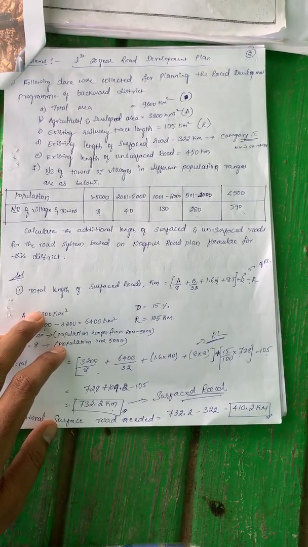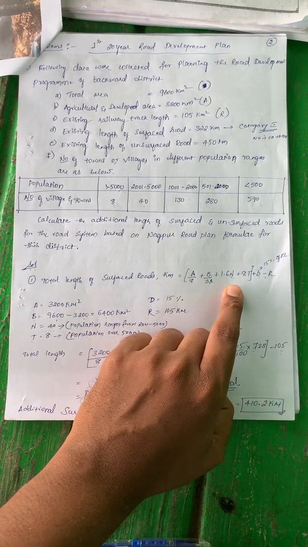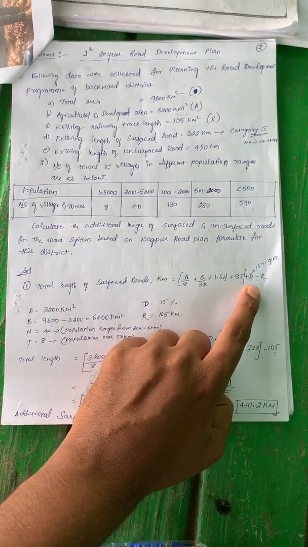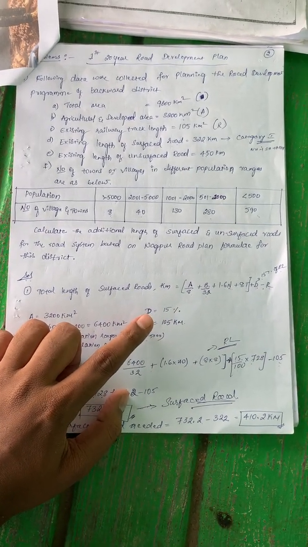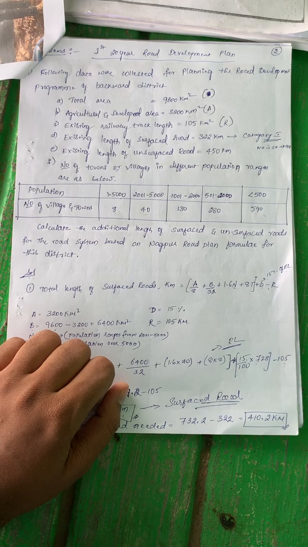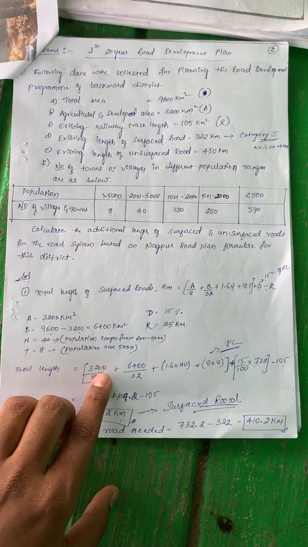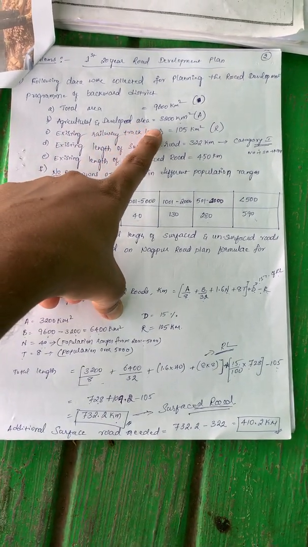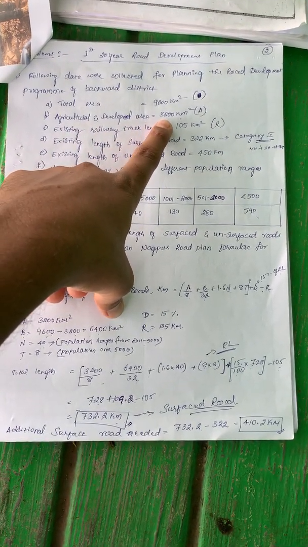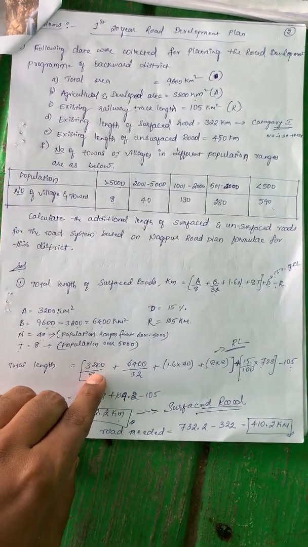In that, they have also given the formula: A by 8 plus B by 32 plus 1.6 into N plus 8 times T, and D minus R. Earlier I said that A is the agricultural area. They have given that A is 3200 square kilometers. See here, the agricultural and development area is 3200 in the given data. So here A indicates